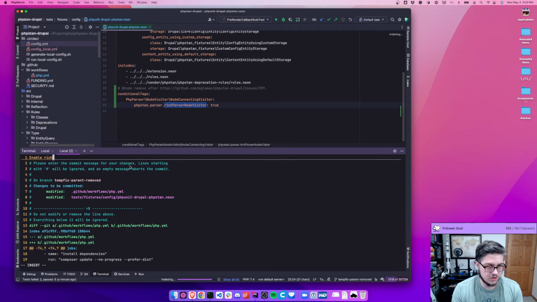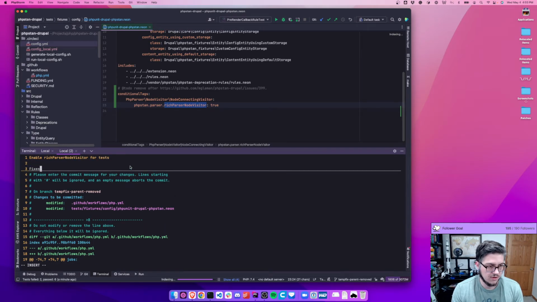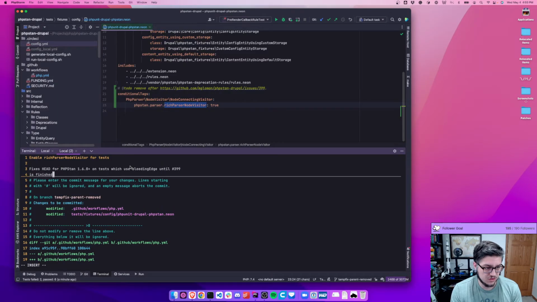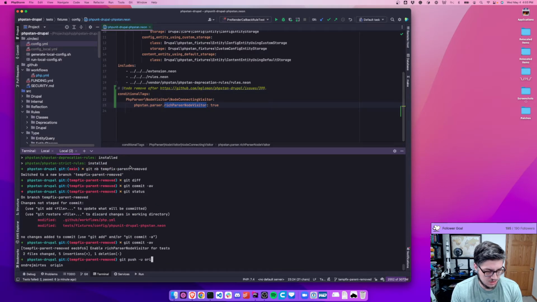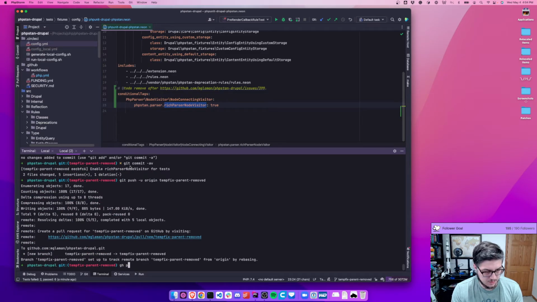Enable rich parser node visitor for tests, fixes head for phpstan 1.6.0 plus until on tests which use bleeding edge until is finished. Origin temp fix,